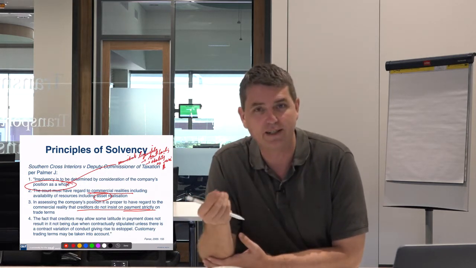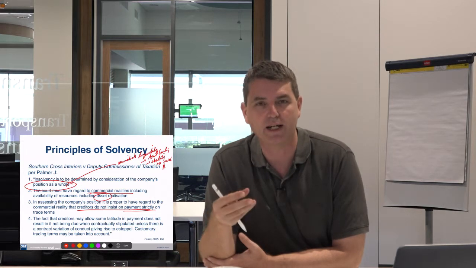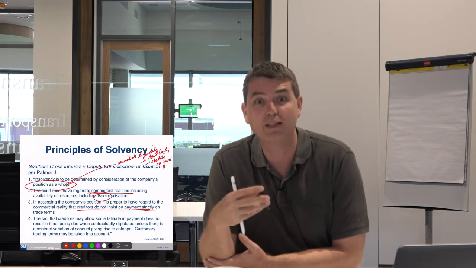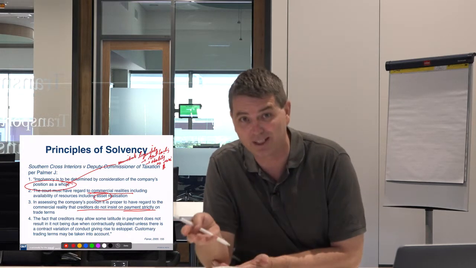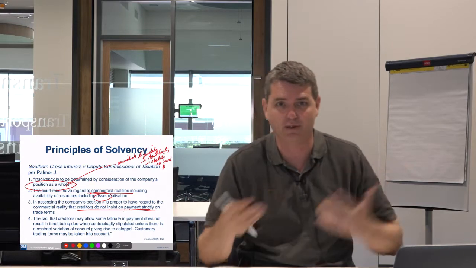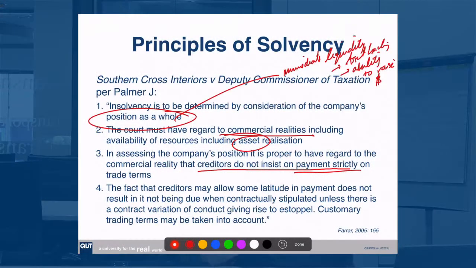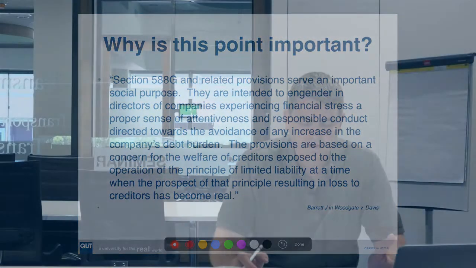And the idea here is that a creditor would more likely always want to get full payment later rather than partial payment earlier. Okay, so that's the idea going on in the judge's head. I know that's not always the case, but in general, that's the view of the courts. And that's kind of summarised in this statement here. Customary trading terms can be taken into account when we decide when debts are due and payable.